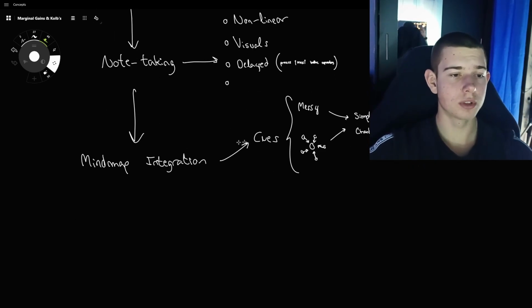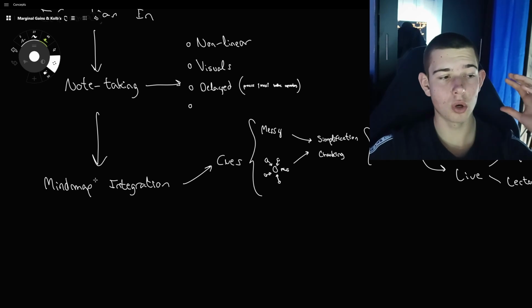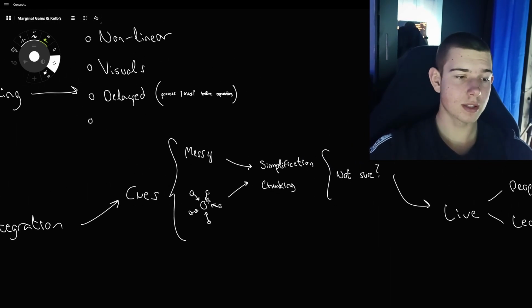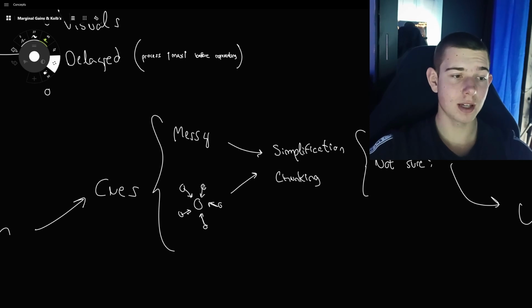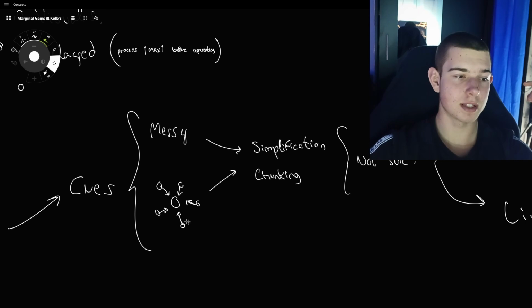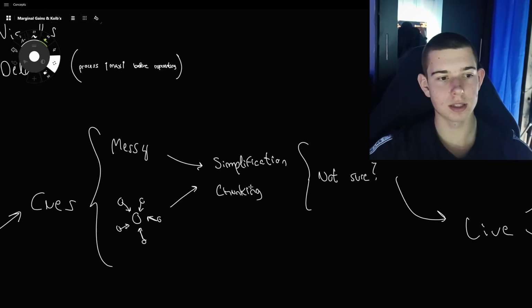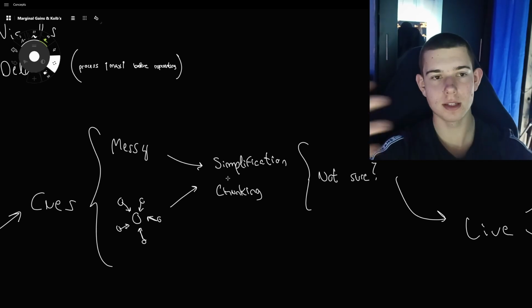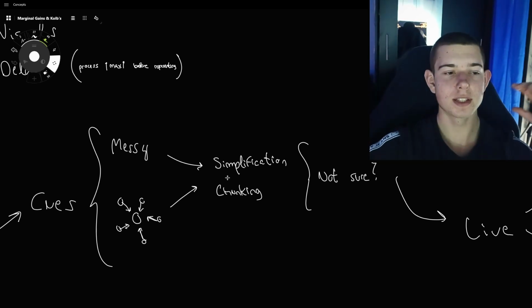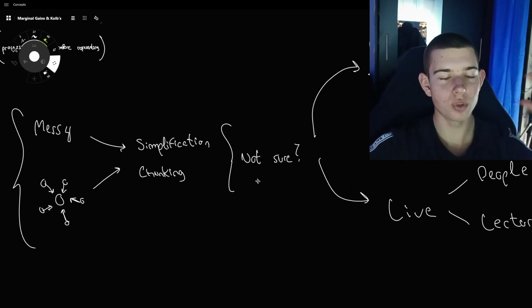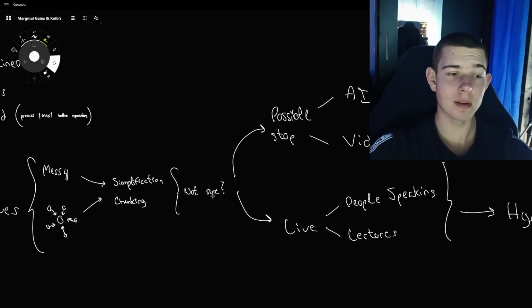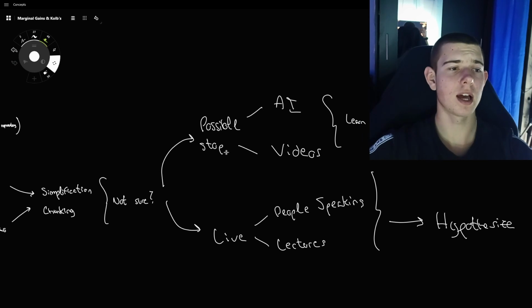Then after I do this note taking, I'm going to try to integrate it into a mind map. Now, when I try to do this, I'm going to see that it's getting really messy, and there are many arrows going to one thing. When I see that it's messy, I'm going to simplify it. I'm going to try to group the information. I'm going to try to find similarities and differences between information and group it. This act of grouping is what makes my memory really robust and what actually makes me learn much better even. Now, if I'm not sure how to group it or how to simplify it, I can do one of those things.